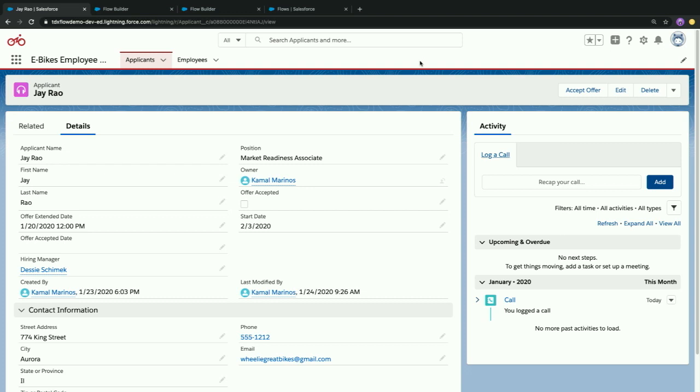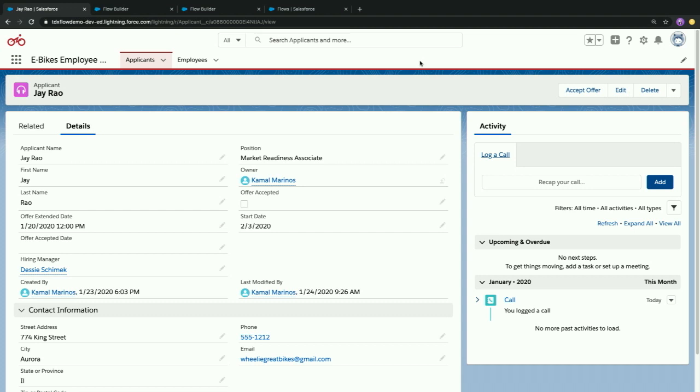So you've probably got in your flows or processes a situation in which you have a record, maybe a case, and you create projects from the case or work orders from the case, an opportunity with projects, where you have a new record that you're creating and you're copying a whole bunch of data over from the old record to the new record.